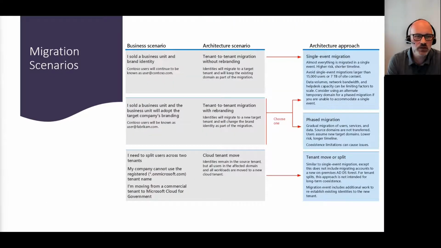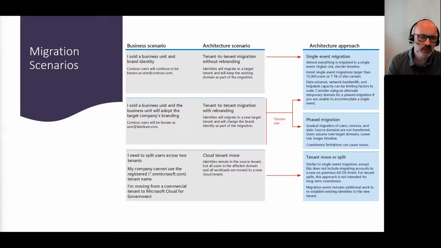Some of the scenarios that we see out there could be business scenarios, where we sold a business unit and we are basically moving that unit and the brand identity to a new tenant. So in those scenarios, like in this example with Contoso, we are moving all our users as well as our Contoso domain from the source tenant to the new target tenant. And in those scenarios, we have to decide during the planning if we want to do this in a big bang single event migration or if we want to do it sequentially